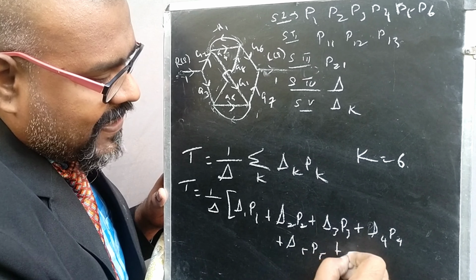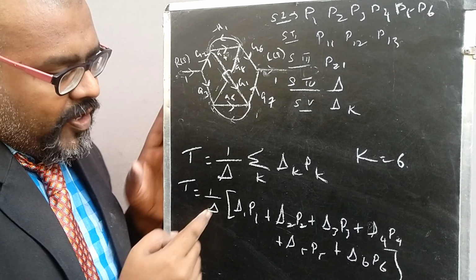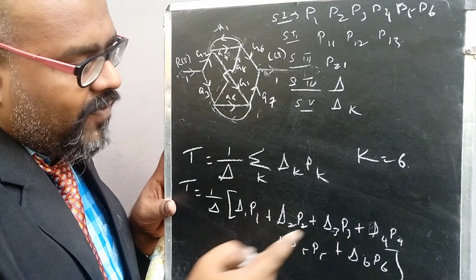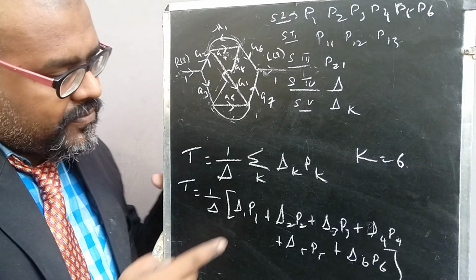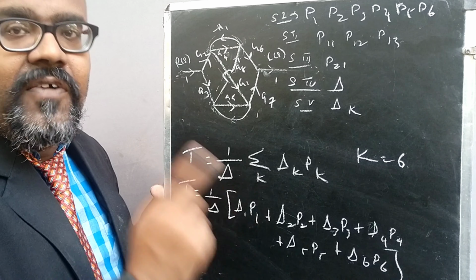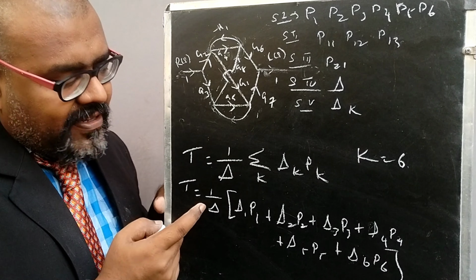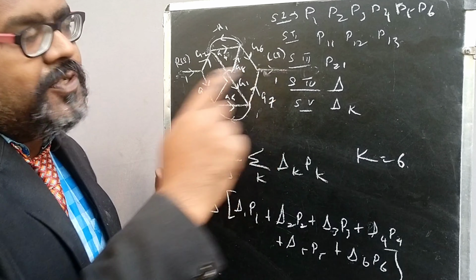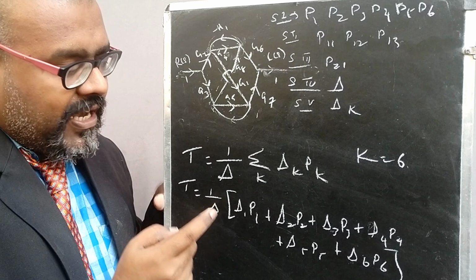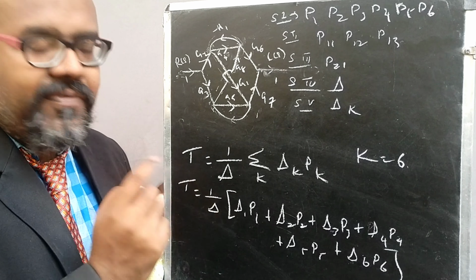So we are supposed to calculate this particular equation. We know that all the del 1, del 2, del 3, del 4, del 5, del 6 values are 1. We already calculated the forward path gains P1, P2, P3, P4, P5 and P6. We have the formula for del, where we substitute the individual loops and pairs of non-touching loops. Then substitute all the parameters, and you get the transfer function from Mason's gain formula. So these are the steps you need to follow.